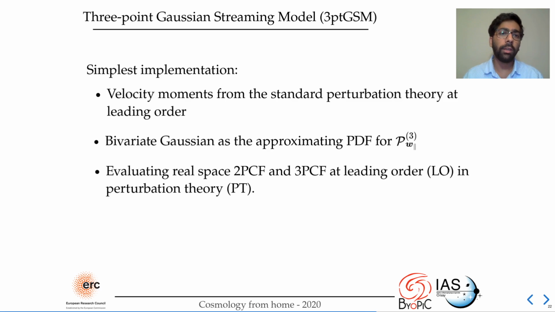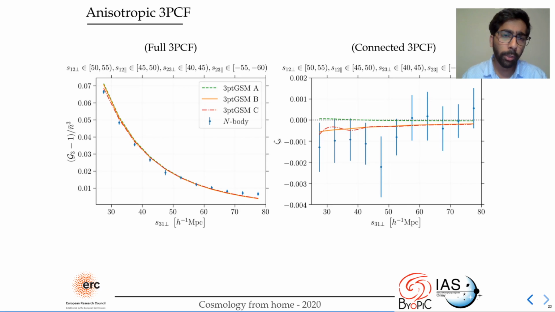Now we introduce the 3-point Gaussian streaming model, which is the phenomenological model we propose. The simplest implementation consists of velocity moments from standard perturbation theory at leading order, using a bivariate Gaussian as the approximating PDF for P3, and we evaluate the real space 2-point correlation function and 3-point correlation function at leading order in perturbation theory. Putting this together, we get the anisotropic correlation function in